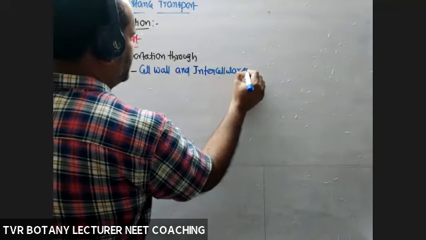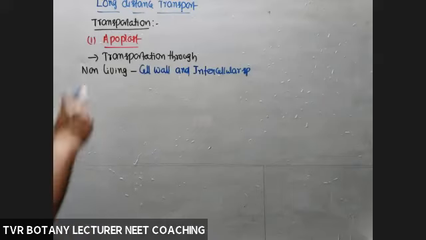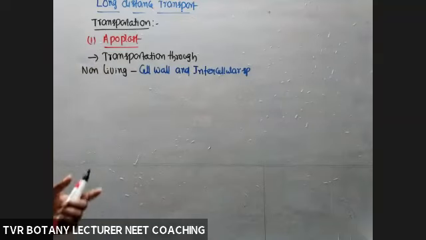Intercellular spaces. Intercellular space is not part of the cell, but definitely cell wall is part of that one. So movement of it is a network of non-living regions, no restrictions, no barrier. Cell wall is not a barrier, permeable, free transportation. So in the case of apoplast movement, barriers are absent.